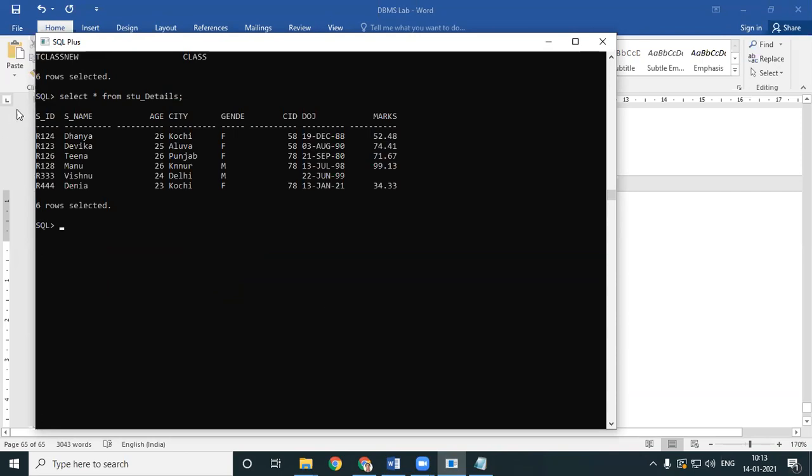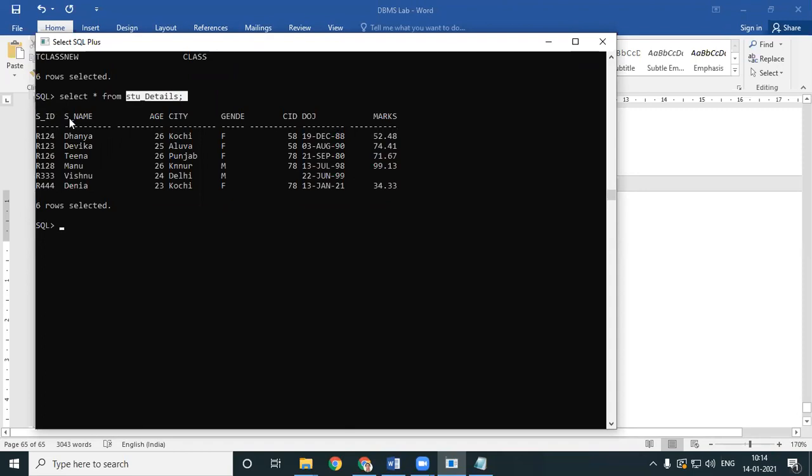Now, I do have a big fat table which has 1, 2, 3, 4, 5, 6, 7, 8 columns. I will be able to see all these 8 columns whenever I talk about the student details. But now imagine I do not want to see all these things together.